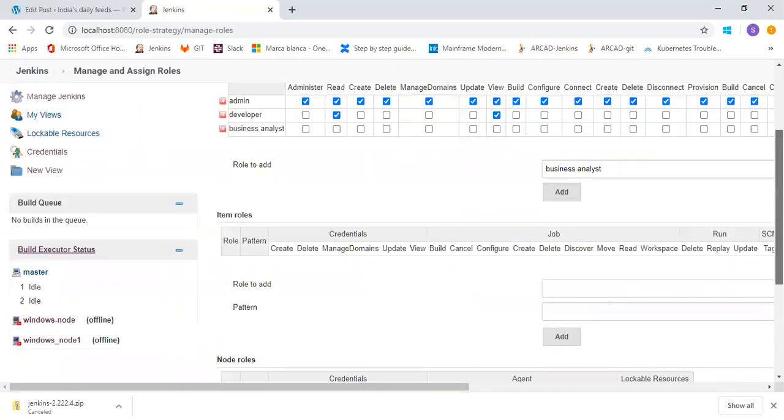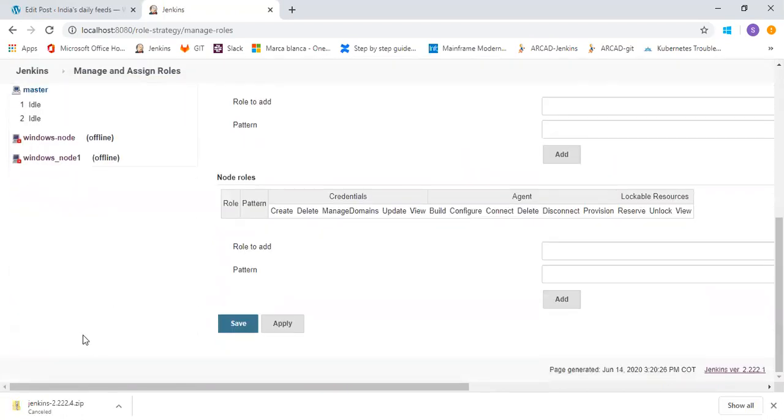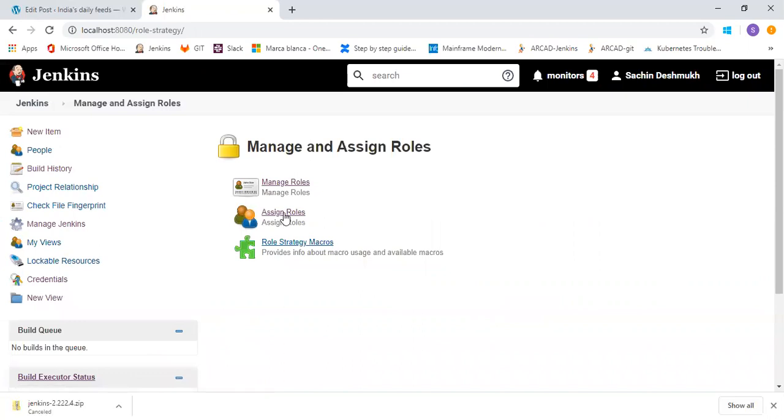So likewise, you can manage your roles. Then let's go here. You can save your changes. Then assign roles.